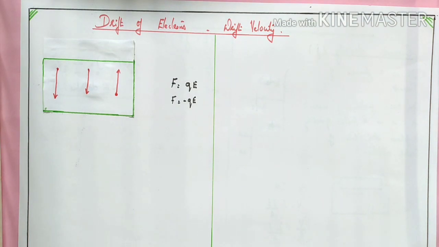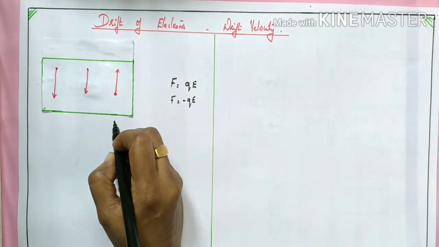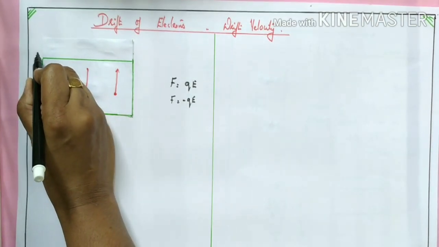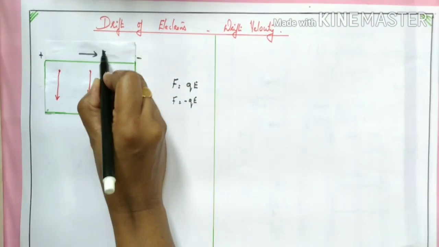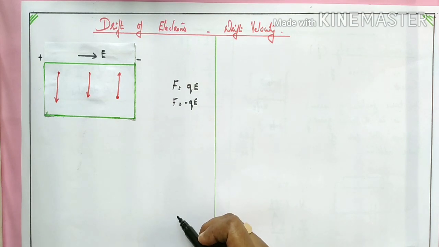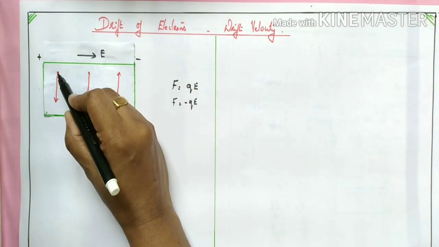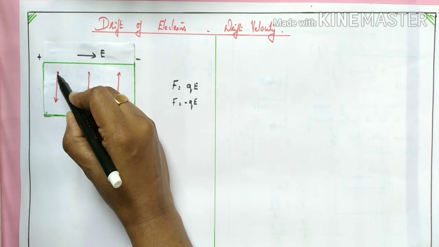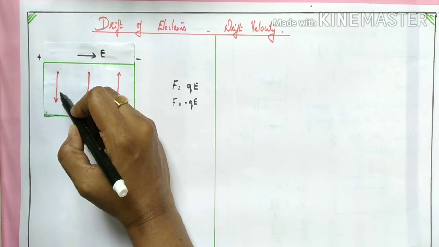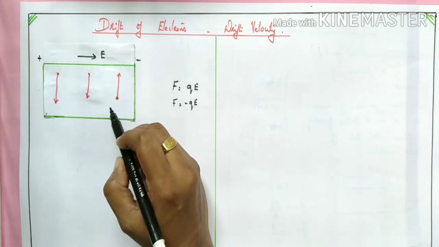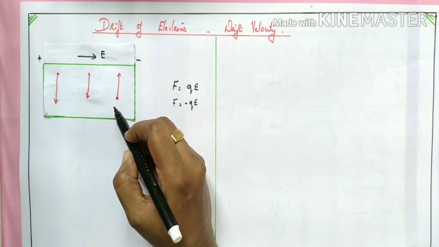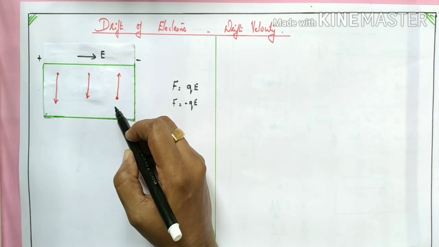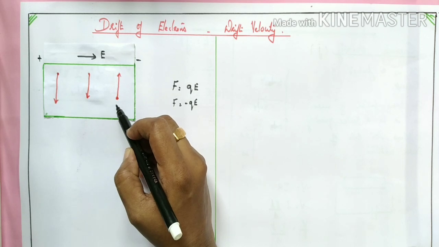Now, an external electric field is applied. For example, this conductor is connected to a battery, so that here is positive potential, here negative potential. If an external electric field is applied, what happens? In the absence of an external electric field, these electrons move in a straight line due to thermal velocity, and collide with other electrons. What is the average thermal velocity of all the electrons? It will be 0, because these electrons are moving in random directions, and hence the average velocity will be 0.